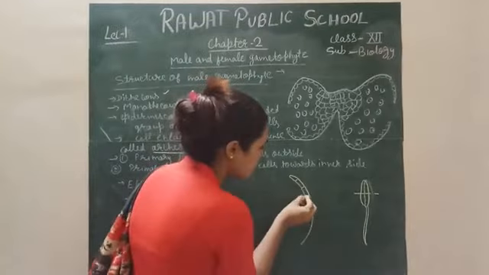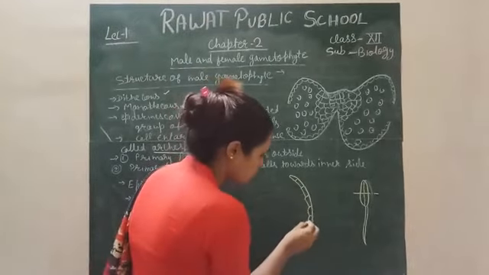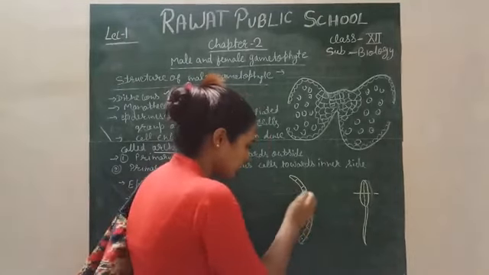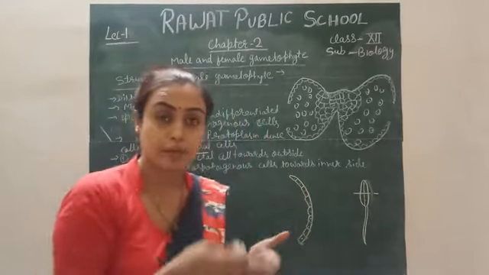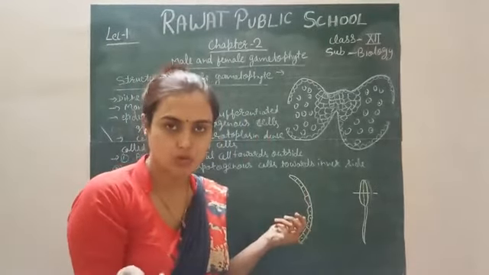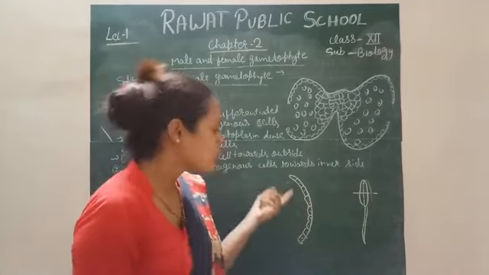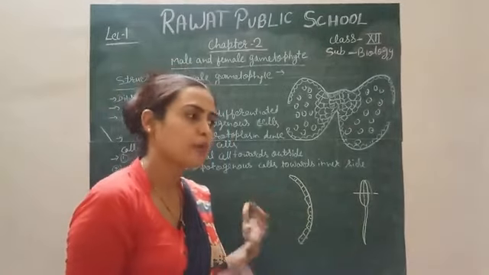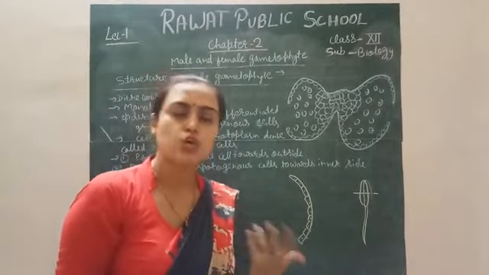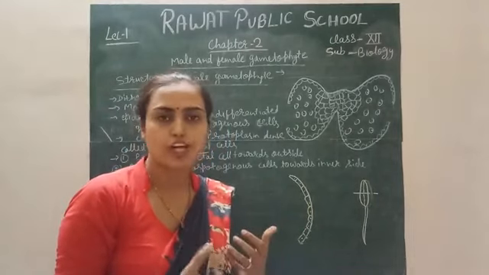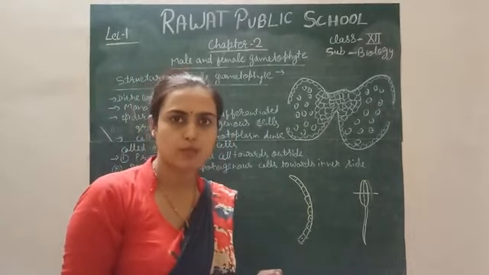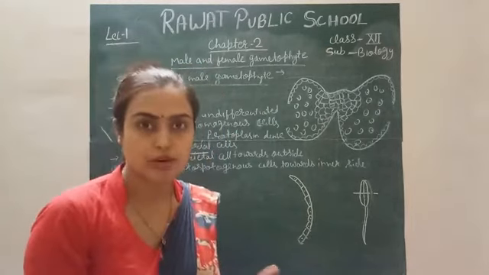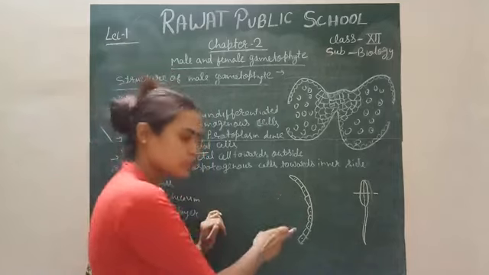The outermost layer has a flat structure, and a nucleus is also present in these cells. These cells also have the capability to spread out. The formation of these cells in the outermost layer is called the epidermis, and because the epidermis is the outermost layer, its more important function is protection only. It protects the pollen grain from the outer environment when it is fully developed. So this is the epidermis.